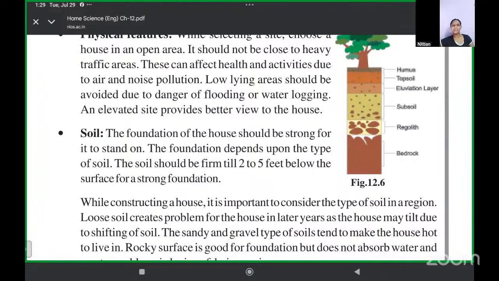A foundation is, when a house is constructed on a land, they first dig a long hole in the form of a line around. In that they put rocks and everything, and the structure is there. It's a little deep. Then they put all the structure, rocks and everything. Then a layer of mud, and then from a little down they start putting the bricks up. That is your foundation